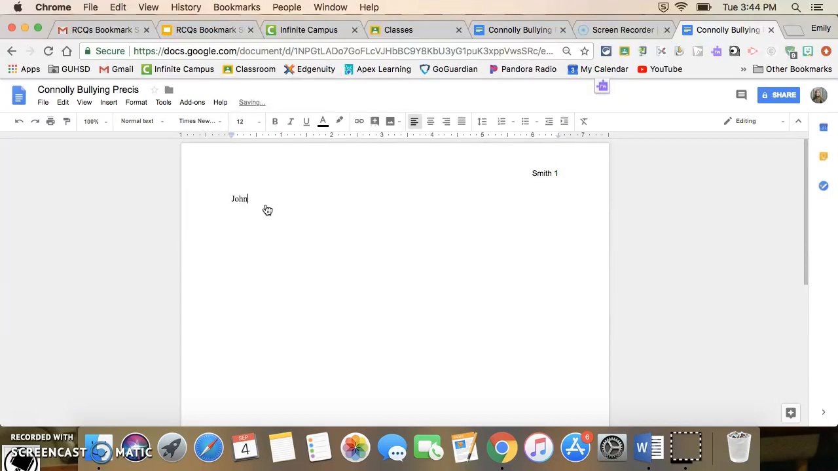The next thing you're going to do is write your name at the top left-hand corner. So let's pretend my name is John Smith. So you write your name. Then you hit return 1 time. Then you're going to write your teacher's name. So I'm going to write Miss Connolly and hit return 1 time. Then you're going to say what class you're in. So we're going to say English